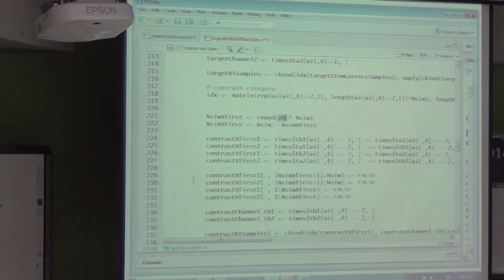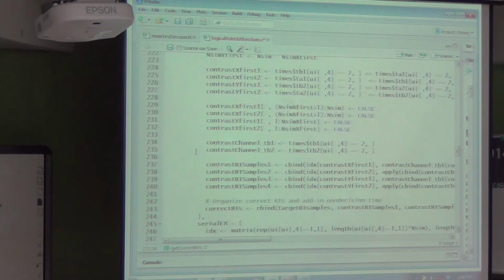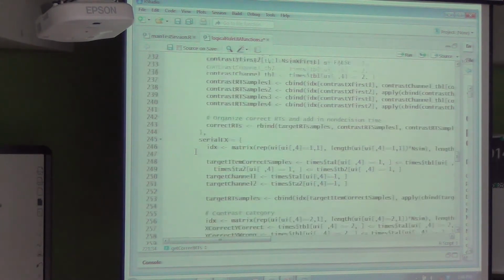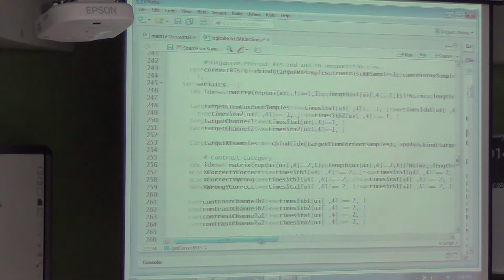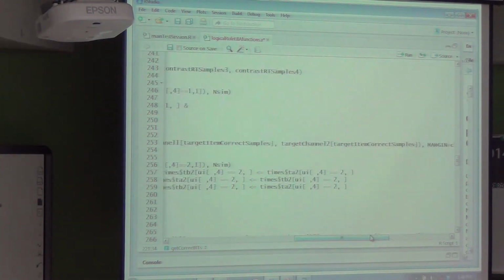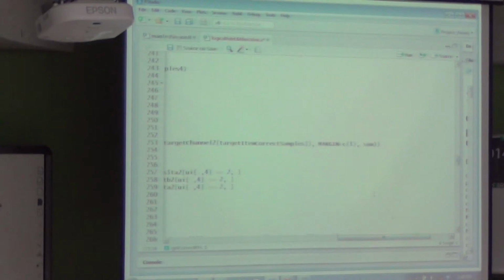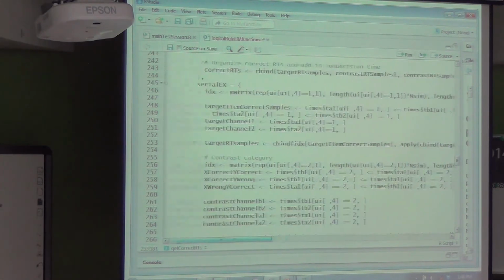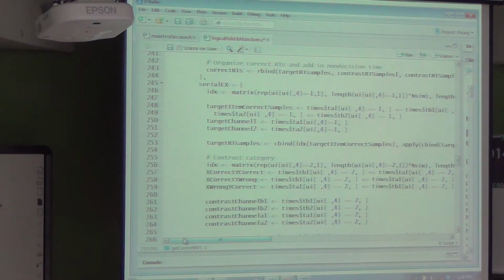And it goes through and pulls out all of the states for which you can be correct for each of the items and each of the categories. And the zero exhaustive model applies the sum of the response times, regardless of whether the A accumulator finishes before the B accumulator or vice versa or both. So all of the 5 basic models are there in this code, and you can generate predictions for each of those 5 models.